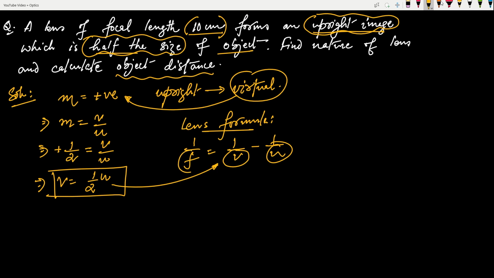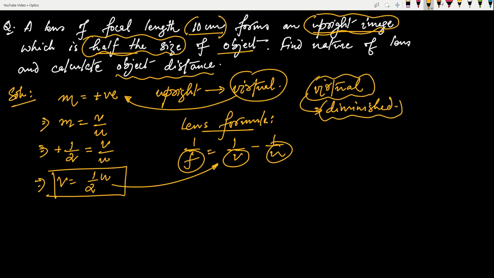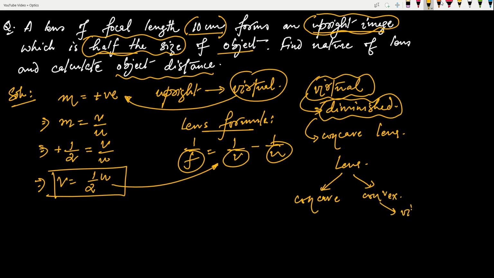But the problem is, what will be the sign of the focal length, because we don't know whether it's a convex or a concave lens. Now, how to understand this? The image that is formed is virtual and it is diminished because the size is half the size of the object. Now, you know the property that only one lens can give a virtual and diminished image, and that lens is the concave lens. There are two lenses, concave and convex. Convex produces a virtual image, isn't it? But it is always magnified,